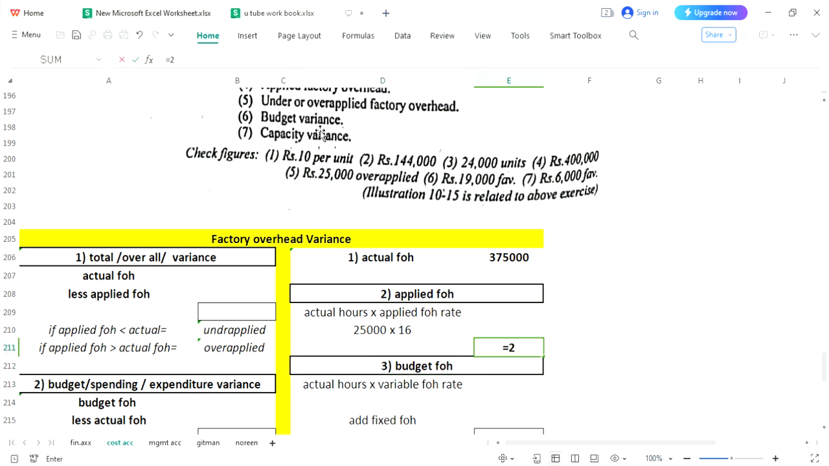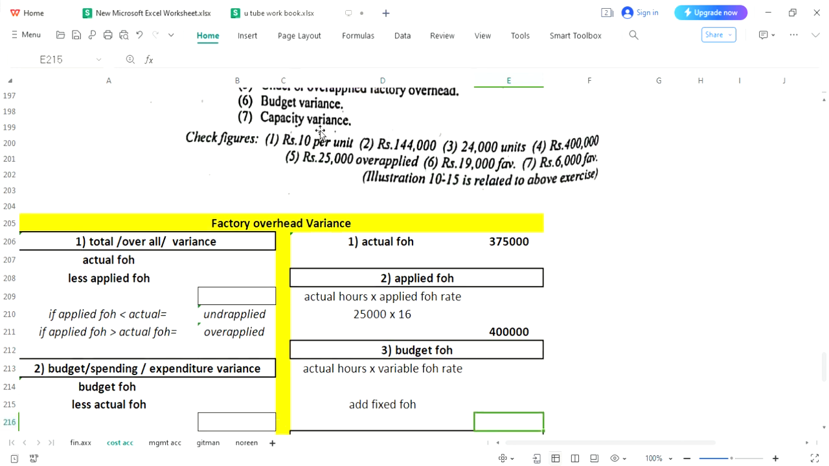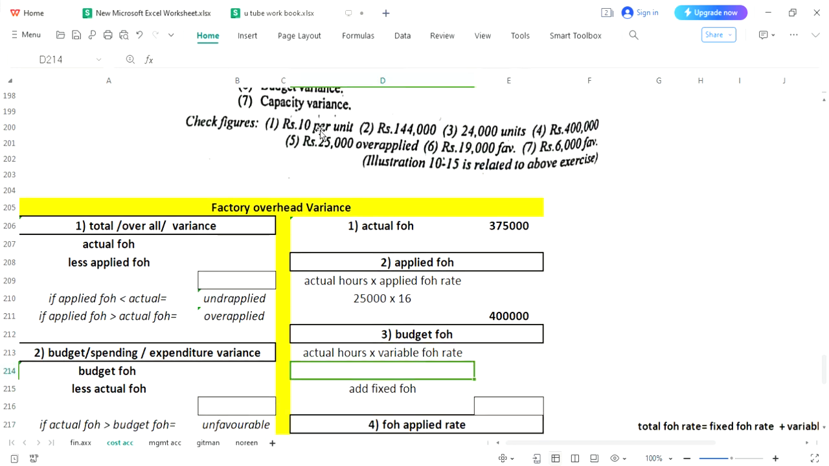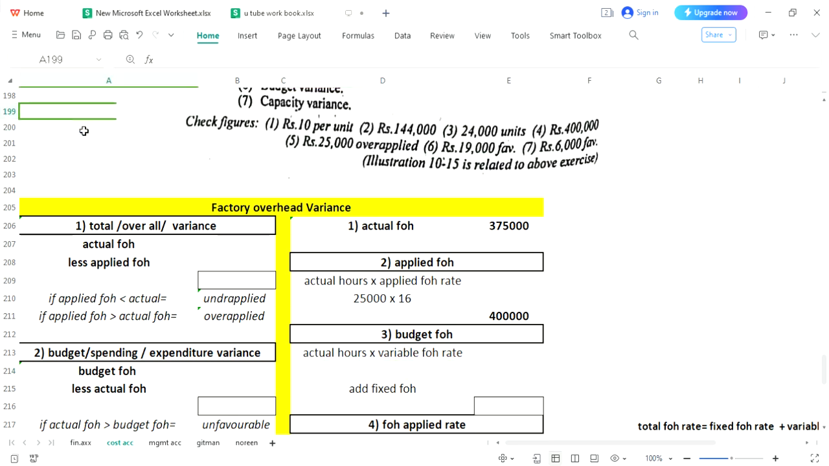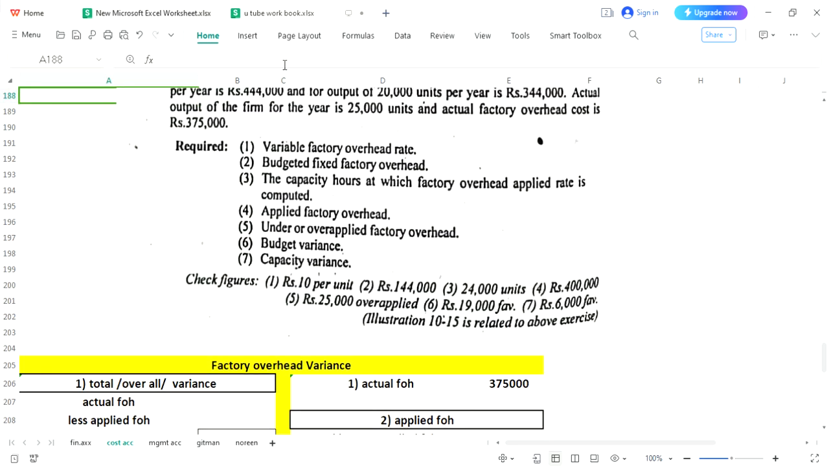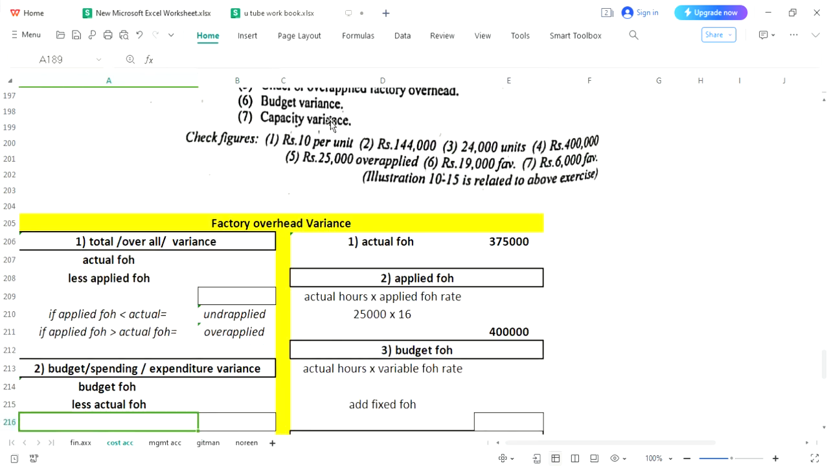The statement was completed: 25,000, and it is going to be multiplied by 16. So we have got our applied FH as well. Now we can calculate budget FH. Actual hours, we understood that 25,000 are actual hours. Here you have seen, and we will put actual hours 25,000 over here,